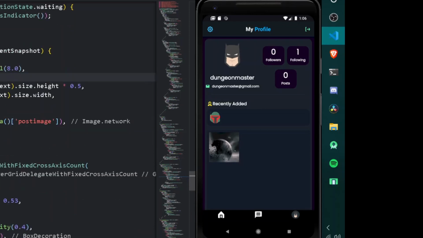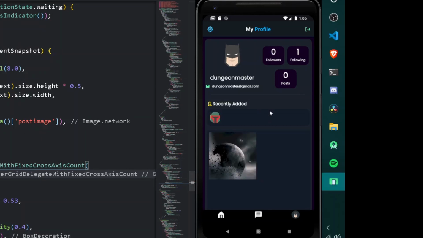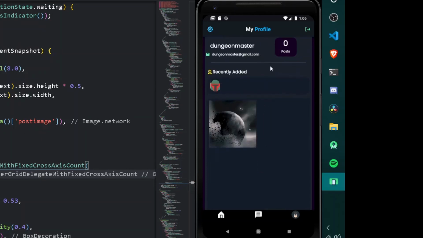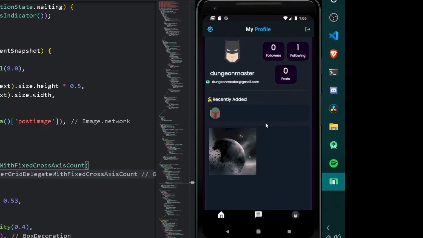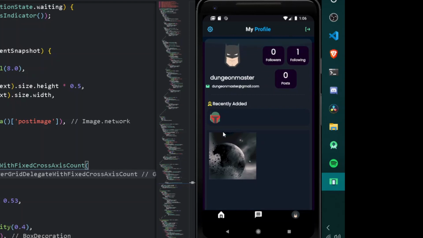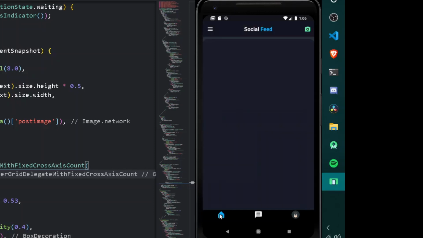Now let's do one thing, that is, have a fixed count to be 2 as well. It will be looking more cool. So now in the future, as many posts as the user shall be uploading, all of the data shall be recorded here. And you know what, we can also add a bottom sheet for seeing the exact details of the following post. But before having that, we should also upload one more post.